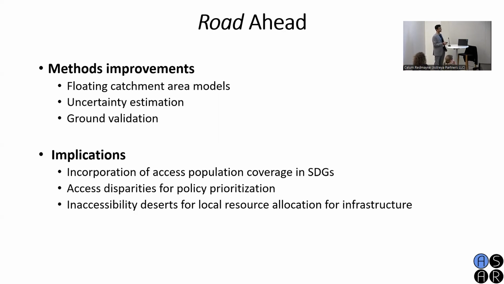Three quick implications that I want to go over. One, like I said, we think that access population coverage definitely has a place in health system indicators, including a place probably in SDG 3. Access disparities should be high on policy prioritization, especially for rural areas in case of India. And then the end goal here is to do what Betsy just showed us on her slide 17, which is to incorporate all of this into GIS-enabled apps that can improve healthcare and interfacing with the patients.